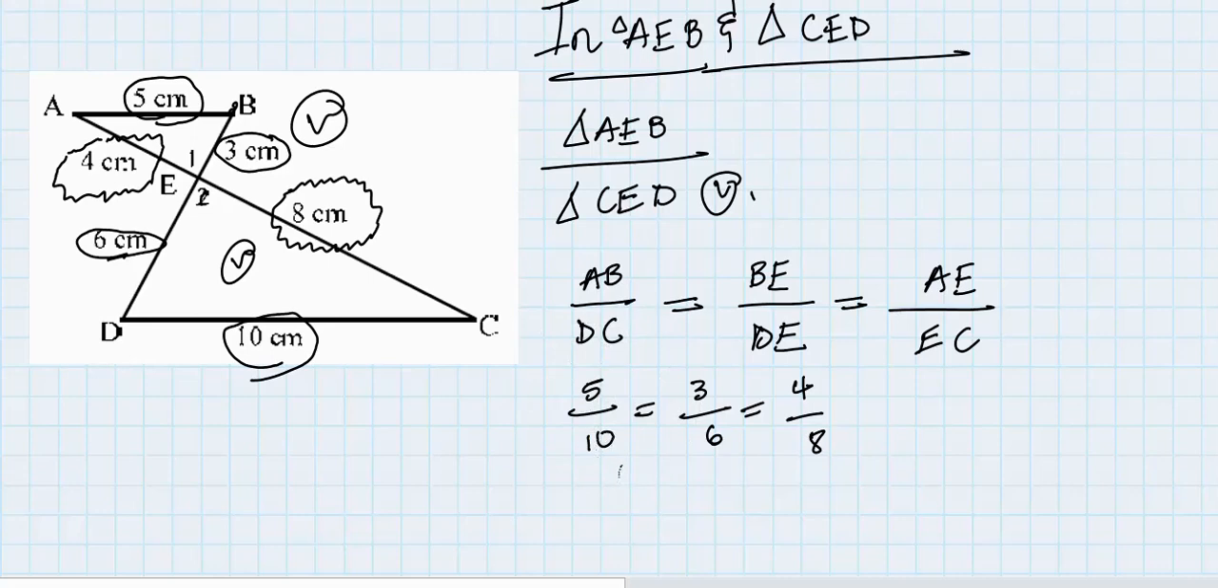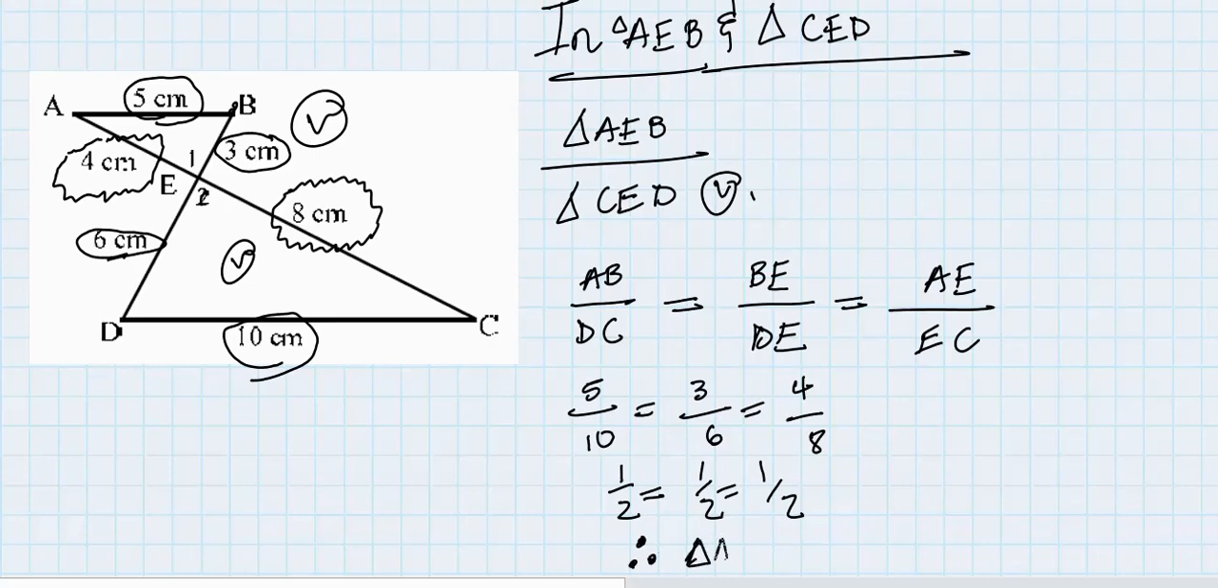5 over 10 is the same as what? 1 over 2. 3 over 6 is the same as what? 1 over 2. 4 over 8 is the same as what? 1 over 2. Now, after saying that, you can say, therefore,